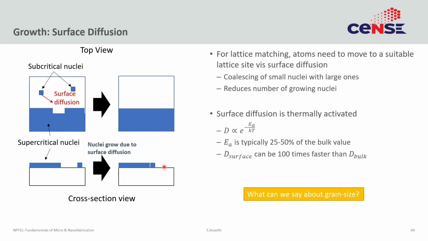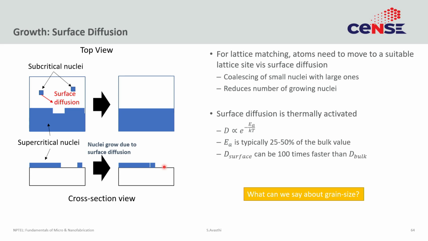Now, one thing that we should answer is what is the mechanism by which these grains are coalescing. So, thermodynamics tells us that there is a subcritical nuclei, and then there is a supercritical nuclei. The supercritical nuclei will grow, the subcritical nuclei will shrink. But what is the mechanism of this transport? Because unless we understand the mechanism of this transport, we can't say anything about the kinetics of this process. Given infinite amount of time this process will happen, but how fast it will happen can only be answered if we understand its kinetics.